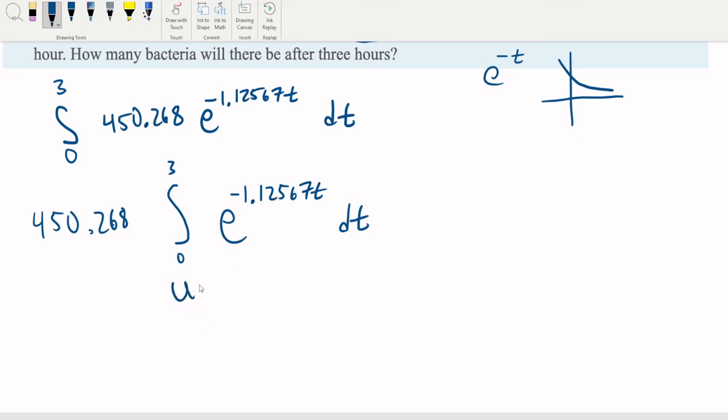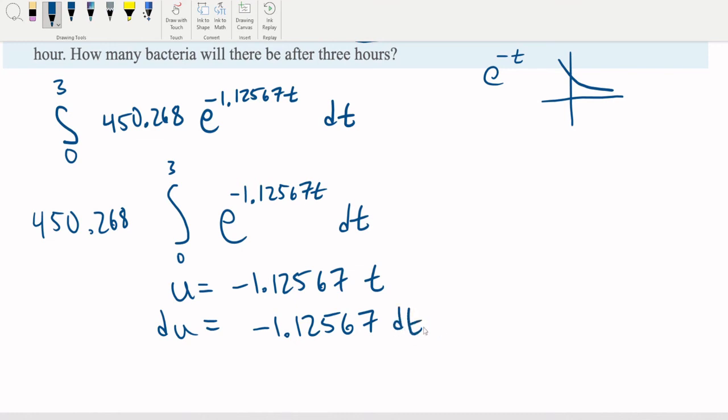So, get your u. That's what's upstairs here. That's making it not quite just e to the t. Do our du, which isn't too tough a one, right? But this number is not out front here, so what have we been doing? Divide. Let's divide it over. And then we've got to do our substitution. So this is going to equal